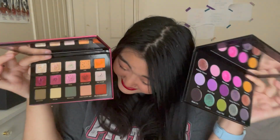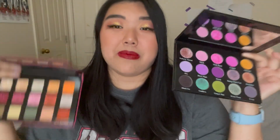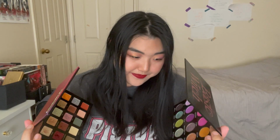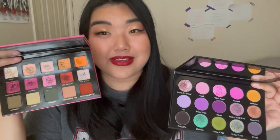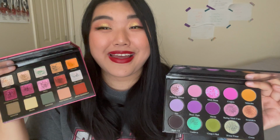Oh my god. Again, two of my favorite palettes in my collection. I mean, this got a buy first round because it's one of my favorite palettes in my collection, along with my Nearly Natural palette. I don't want to make this decision. I don't want to because I love both of these and they both have a special place in my heart. And I talked about why this palette is so special to me in the last episode. I love the color story. It's Adept. But